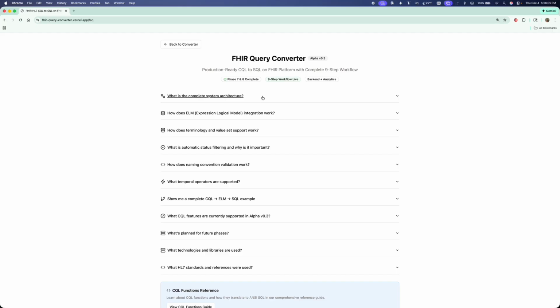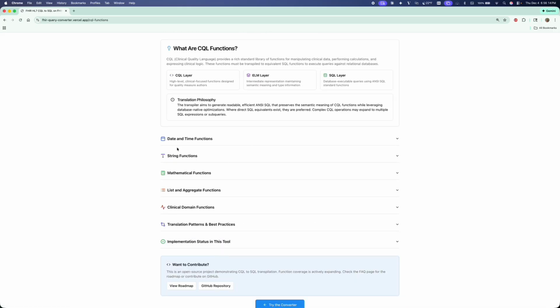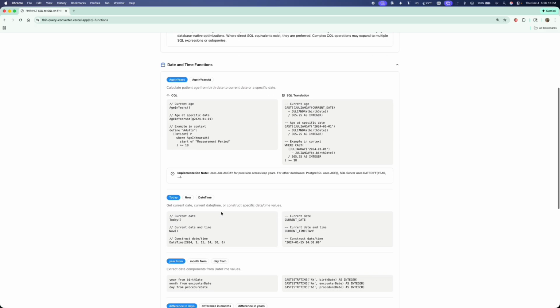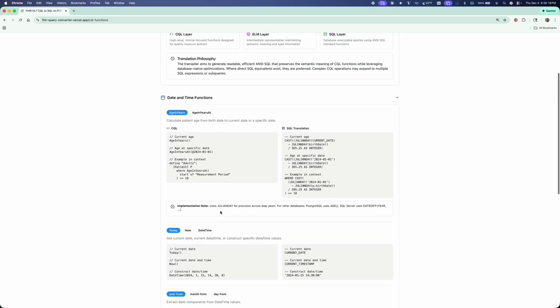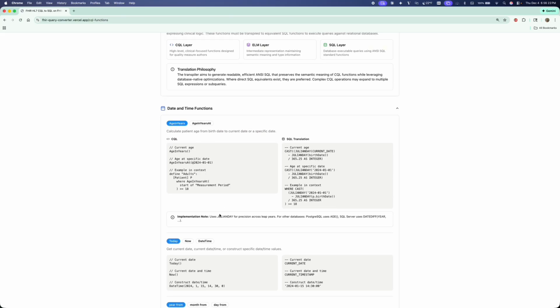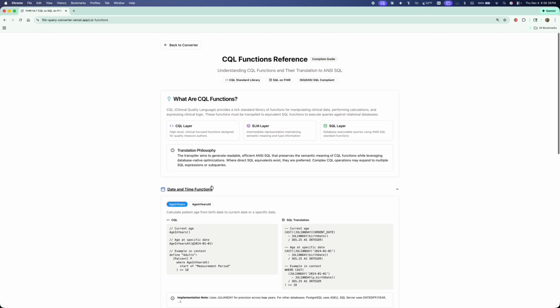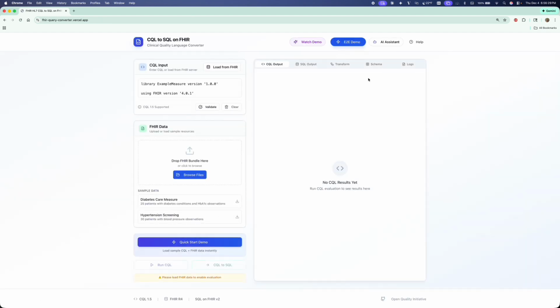In addition, we can see that there are different functions that convert from CQL to SQL. So there's a whole document structure here that everyone can go and explore. In addition to this being a project in draft mode.